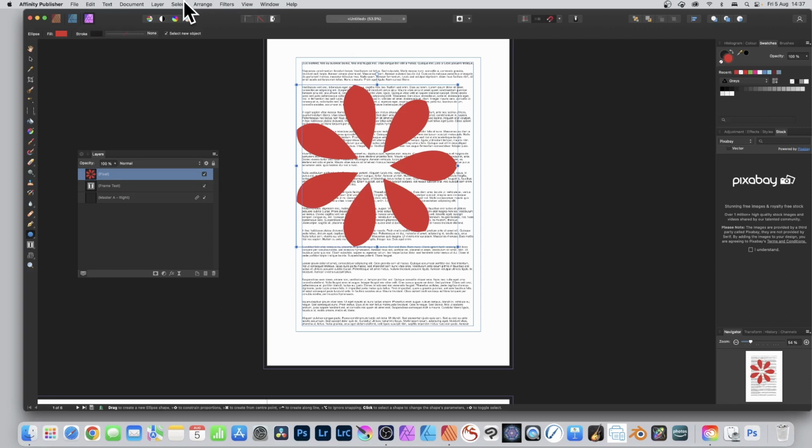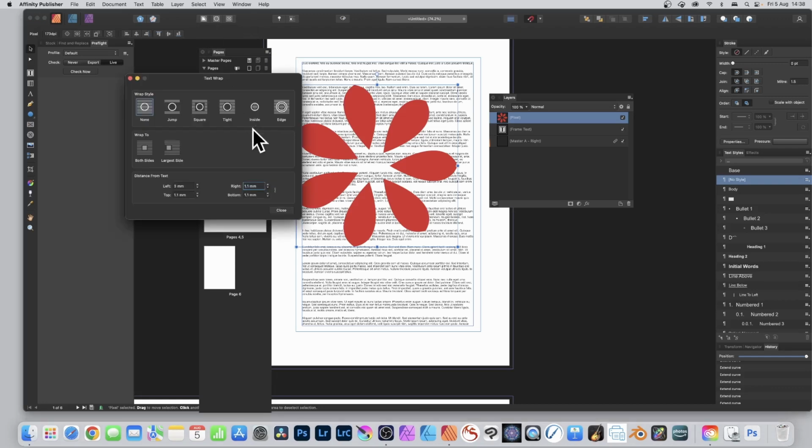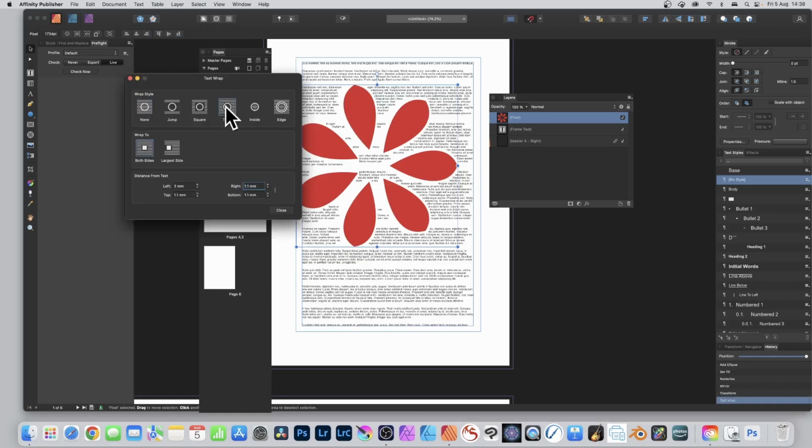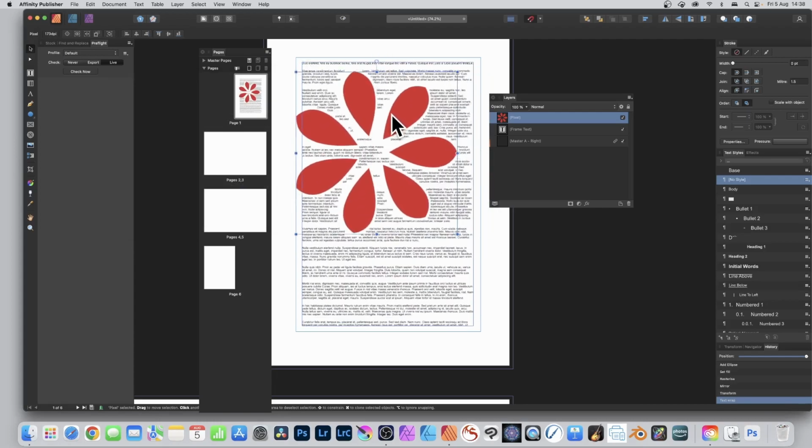There's no text wrap feature in Photo. There's nowhere you can set that. So go back over here to the personas, click here, and with that you can now see you're back in the Publisher persona. Go up here to the text wrap, click there, and click Tight. And as soon as you do that, you can see now the text will wrap around that pixel layer. And you can reposition that pixel layer. Just move it around,